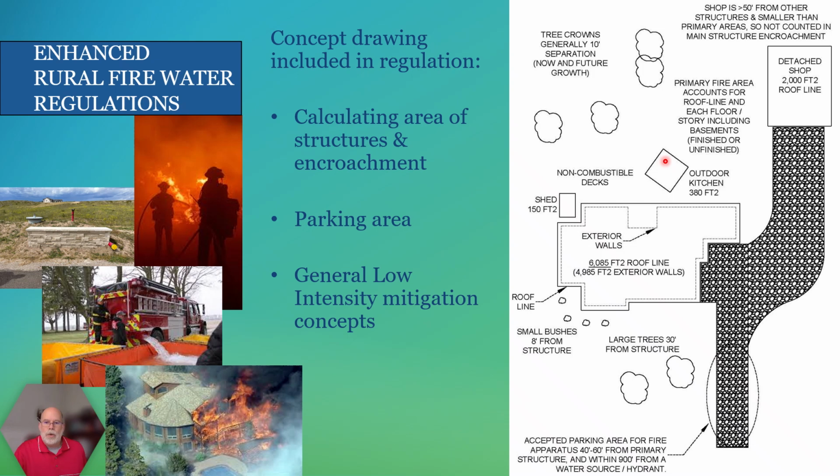Now, we may not know in the future that this is going to happen. If this shows up and this outdoor kitchen gets installed later, the owner is then responsible to reevaluate the structure to establish if that's going to impact. It may or may not have any impact on their water supply. So if anything, when the calculations are done, you need to assume higher and round up to avoid these smaller